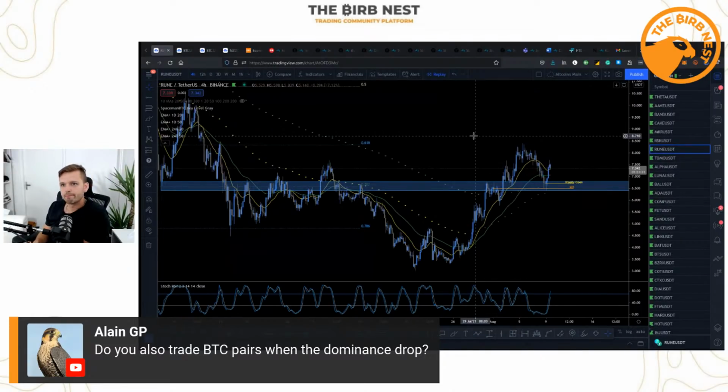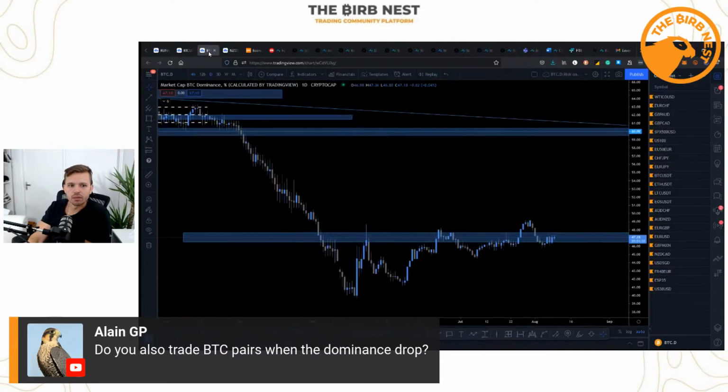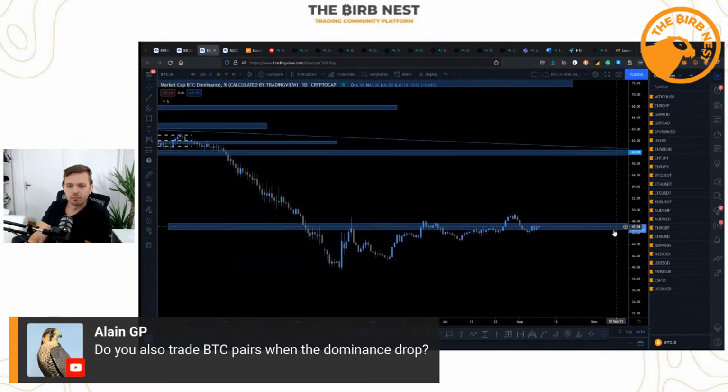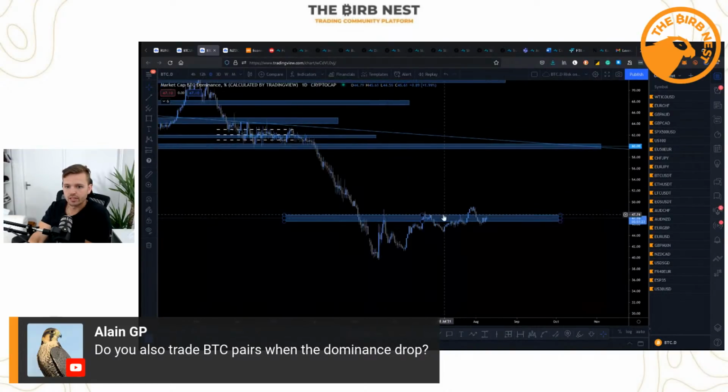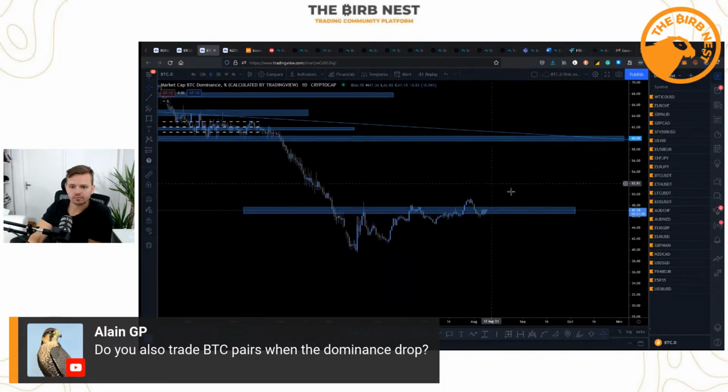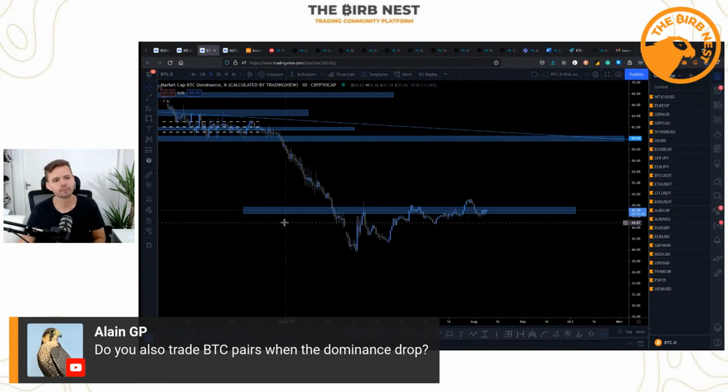But yeah, when the BTC dominance starts dropping and maybe showing a very, very clear bearish market structure, which it's obviously not showing right now. Quite to the contrary, it looks like it's going to break out and rally massively to the upside here. But if it breaks down, sure, I might be interested in looking at altcoins versus the BTC pairs. But honestly,